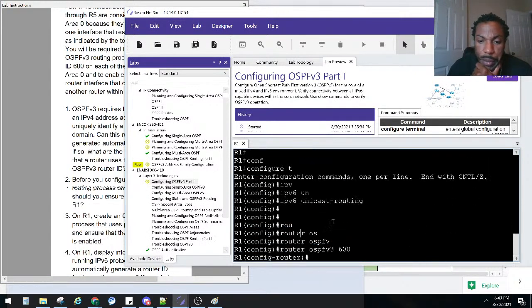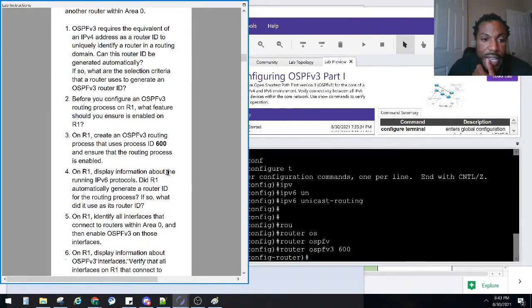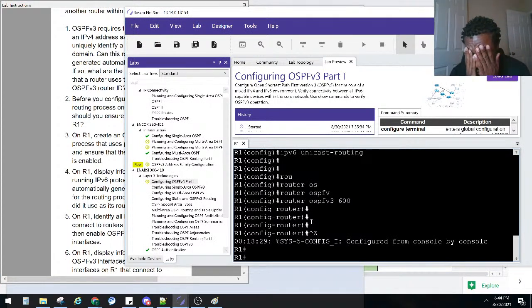What else we need to do here? On router 1, display information about the running IPv6 protocols. Did router 1 automatically generate a router ID for the routing process? If so, what did it use as the router ID? Let's see here. Well, we know to check the protocols, we know it's show ip protocols, right? But we're working with